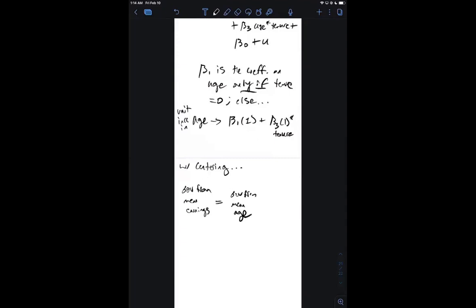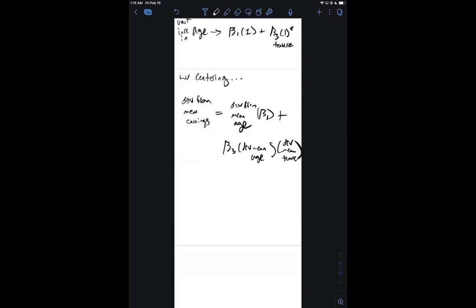And then we can just say that this is the deviation from mean age times beta 1 plus so what this does is it means that if we want to just interpret the coefficient on beta 1, it's more realistic, because now what we can say is